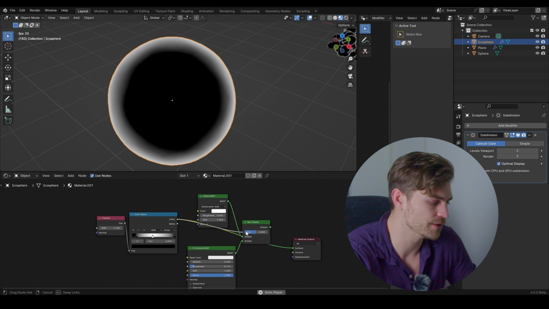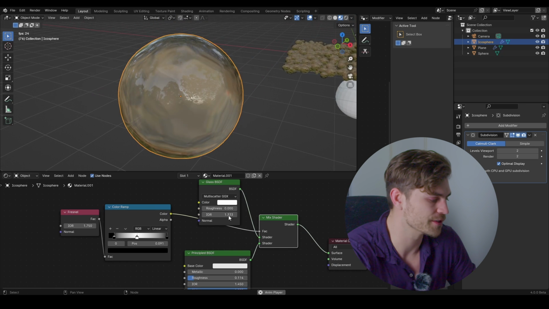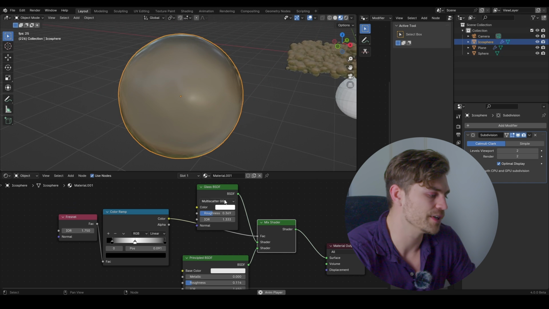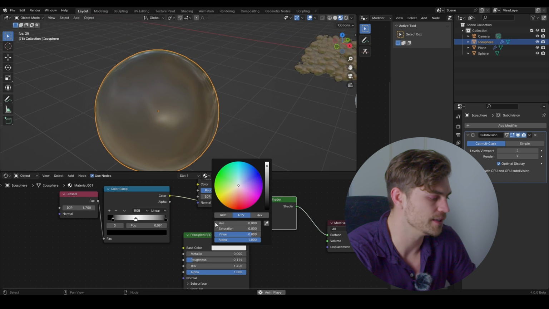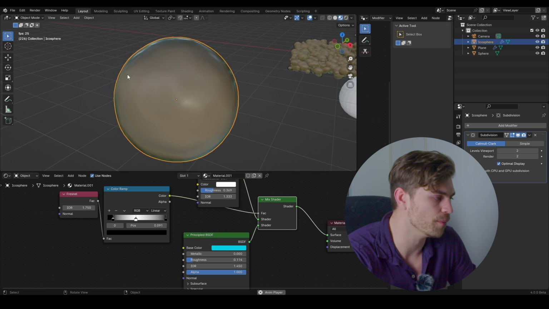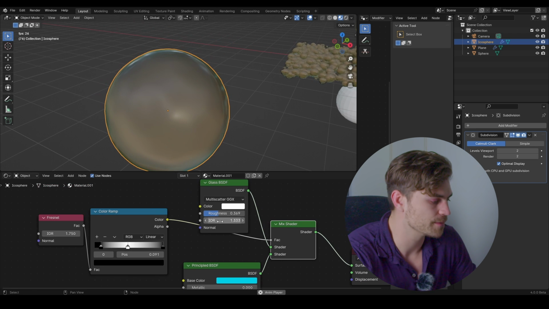I will plug the color into the factor and the shader into the surface. And now we have two different glass textures mixed together. And I think we can increase the size of this. So this is actually the middle value. So the glass is the middle and this part is the top. So if I change this to blue, which I'm going to do, now we have this cool blue light effect going over here, which looks pretty nice, but I'm going to decrease